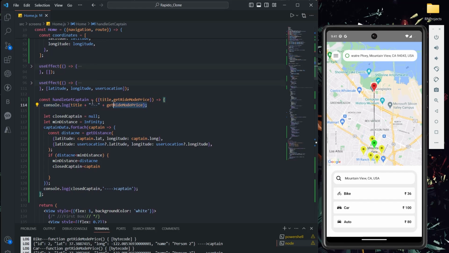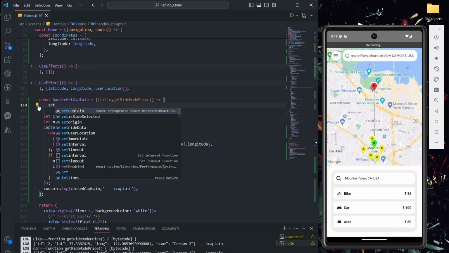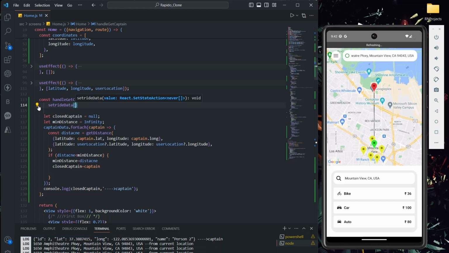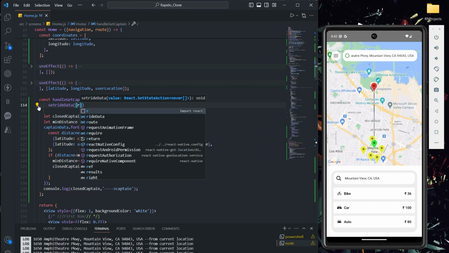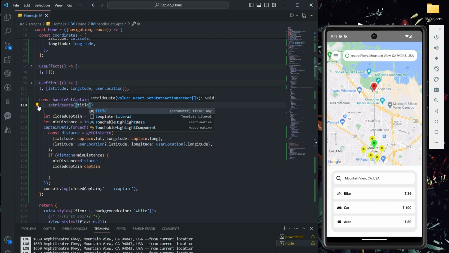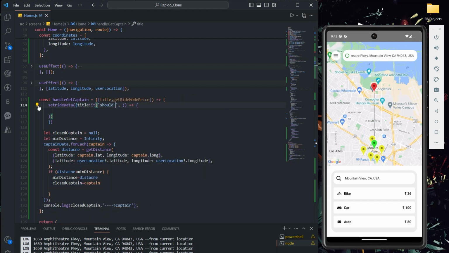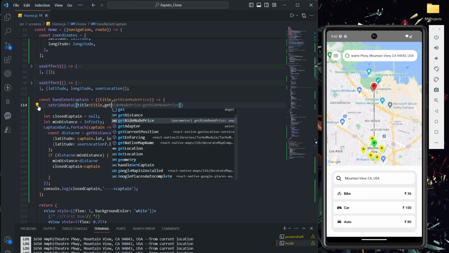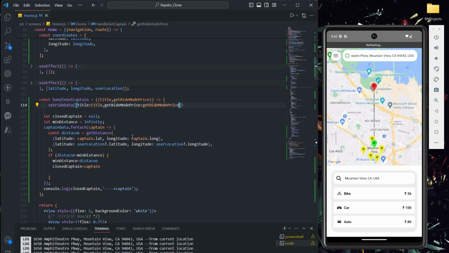So now what I'm going to do is directly store these values in this setRideData state. Title will be title only, and getRideMode will be getRideMode only. I'm just storing the data that we are receiving in this rideData.